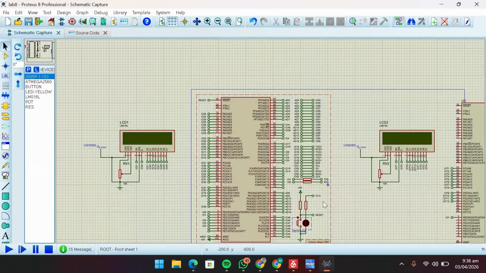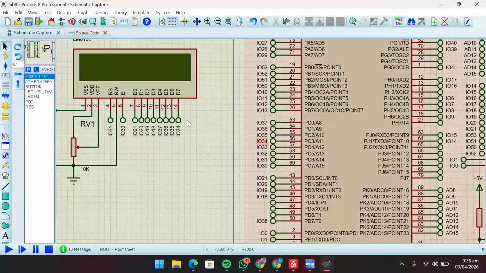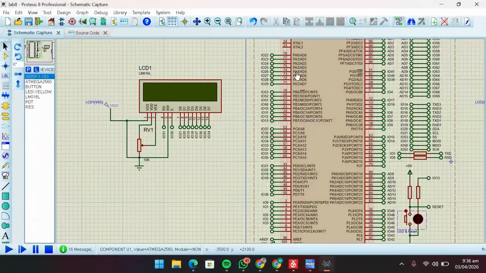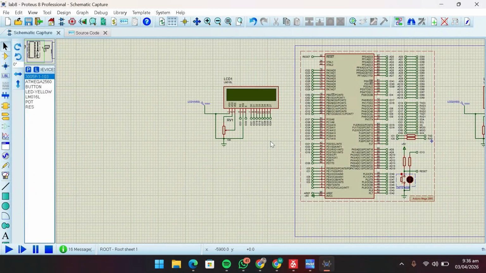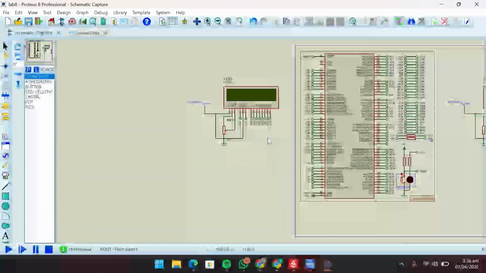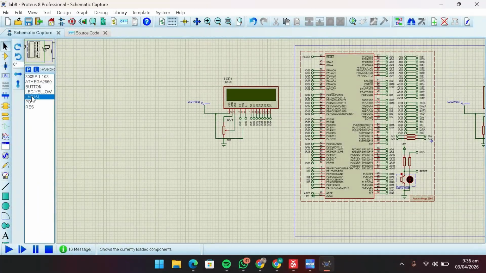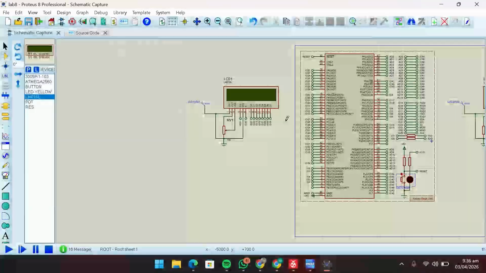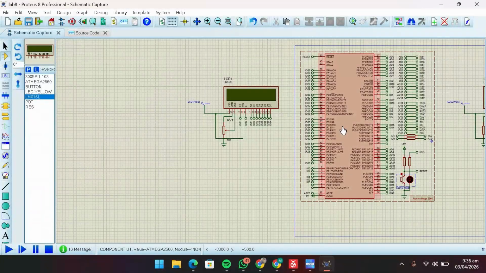So now here is our Proteus. I already completed it. I'm going to explain it shortly. First of all, from the development board, I simply clicked on the Arduino Mega 2560 here, and opened up this microcontroller here. I simply searched for this LM016L LCD module, and I simply connected these using these pins here, because wires tend to get messy here,